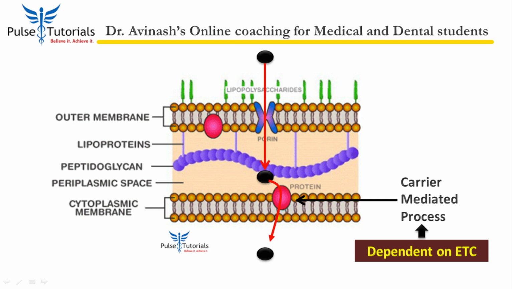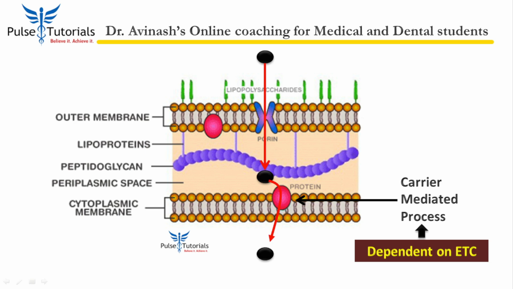The first is transport of aminoglycoside, represented here with this black dot, into the bacterial cell, which means through the bacterial cell wall, through the cytoplasmic membrane, and once inside, binding to ribosome and inhibiting protein synthesis. Now, this transport of aminoglycoside is a very unique concept that you should remember, so that it helps you a little bit more in writing your answers. Okay. This is a multi-step process, this transport.